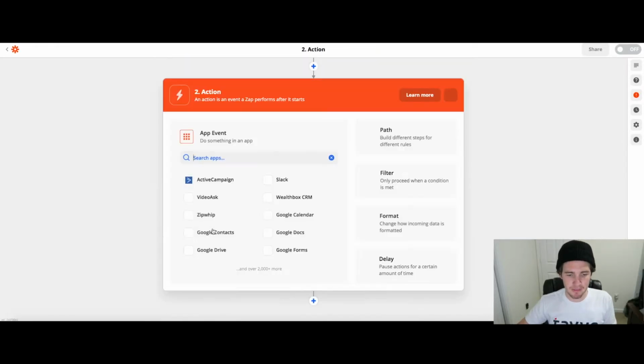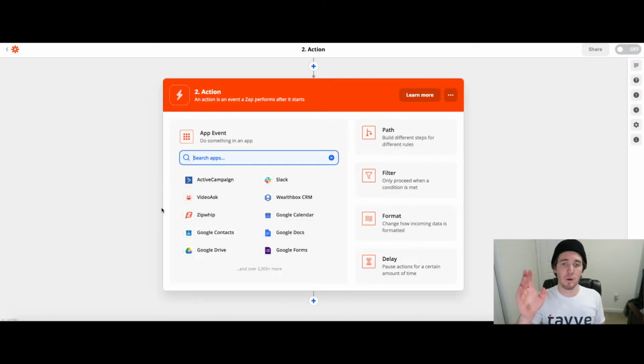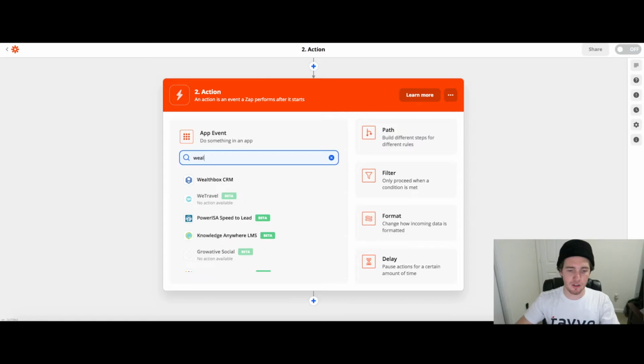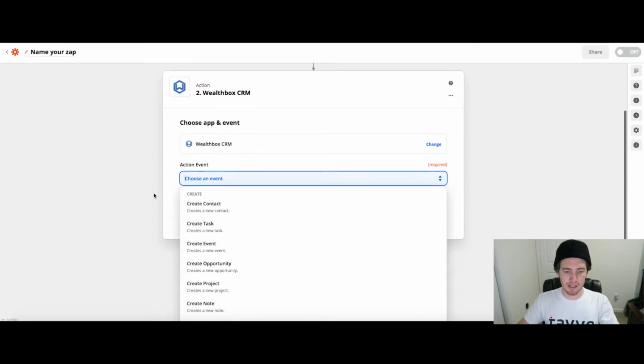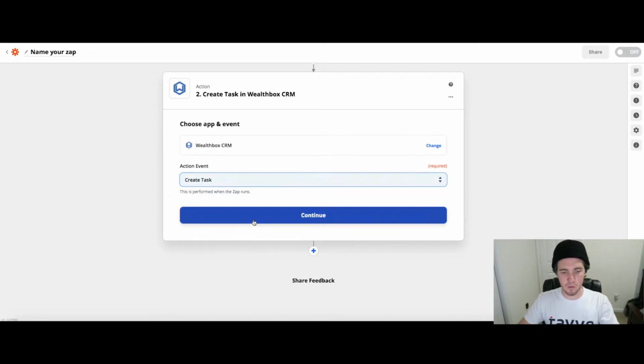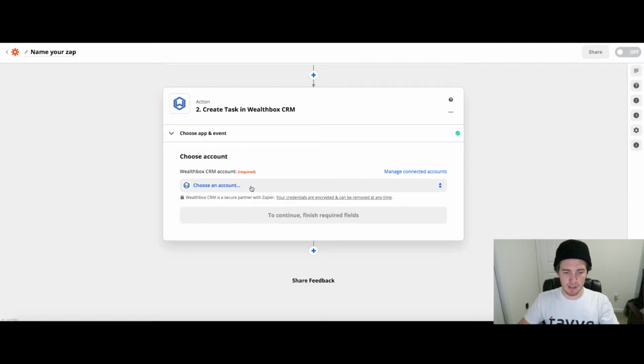Gonna hit continue. Now, what data from that first event we just set up do we want to pass to the second one? So in this case, we want to go from ActiveCampaign to Wealthbox. So again, we want to create a task in Wealthbox. What account do you want it to be under? It's going to be underneath